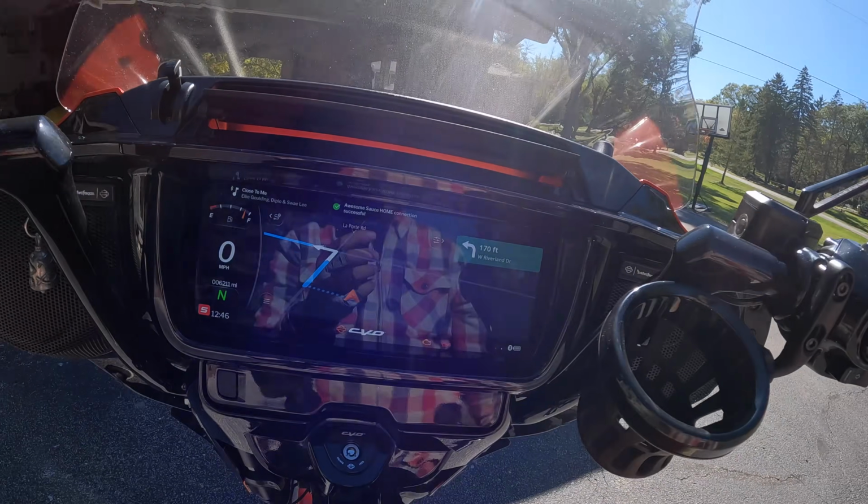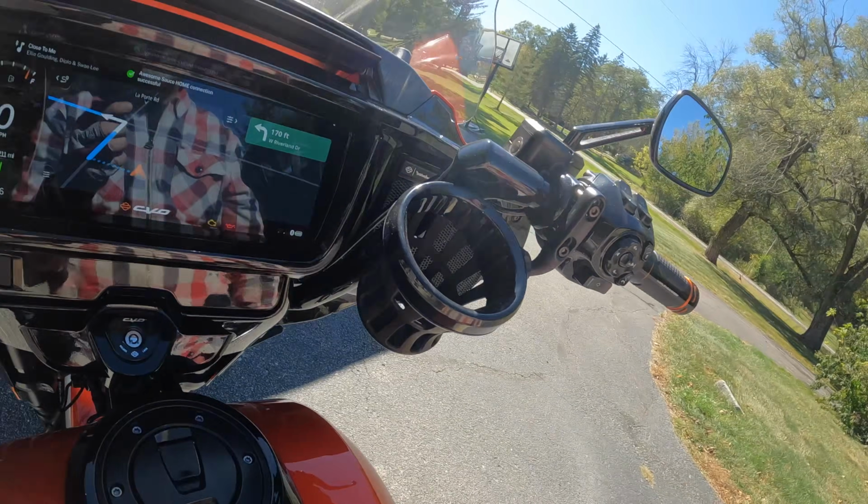And I want to show you something cool, because there's a couple different ways to do this. Okay, I got the beep beep. I'm going to turn it back on again. Hopefully the beep beep was enough time for it to not be connected to the bike. Actually, it wasn't. Because I just turned it off and turned it back on again, it kept the Bluetooth connection. So that's another little secret tip that I'm going to give you, is that if you just turn the bike off and turn it back on again, it's still connected to your phone,